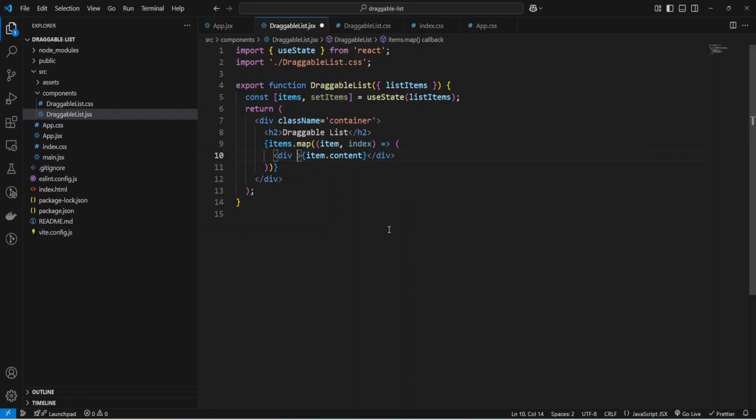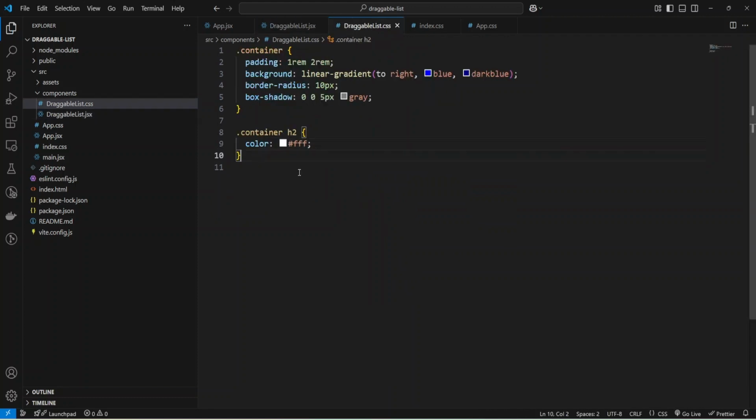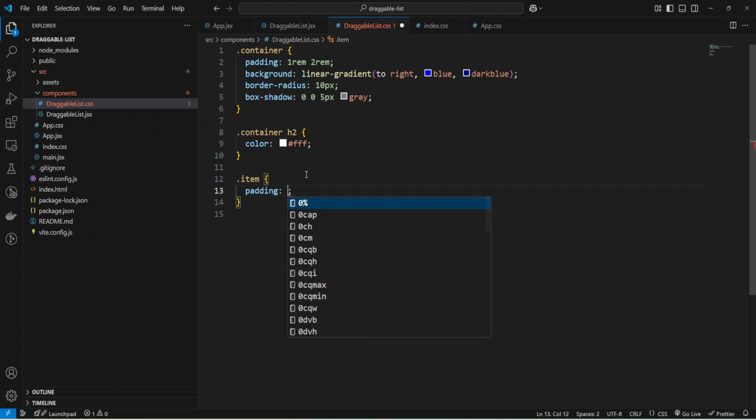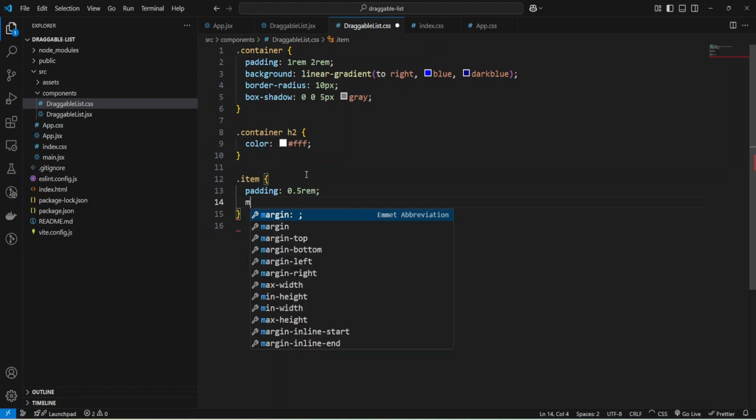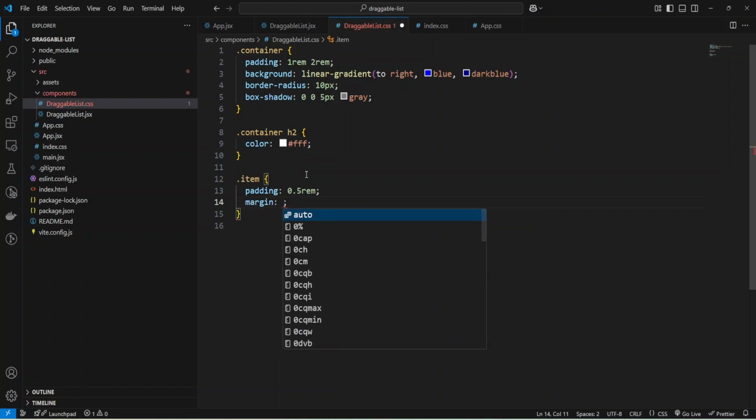Okay, and we have our items, but we need to add styles, and let me do it. And I'm going to add className item, and add styles to my item. Okay, and let's add some padding, and it will be 0.5 rem for all sides, and also let's add margin for top and bottom, also 0.5 rem, and 0 for left and right.